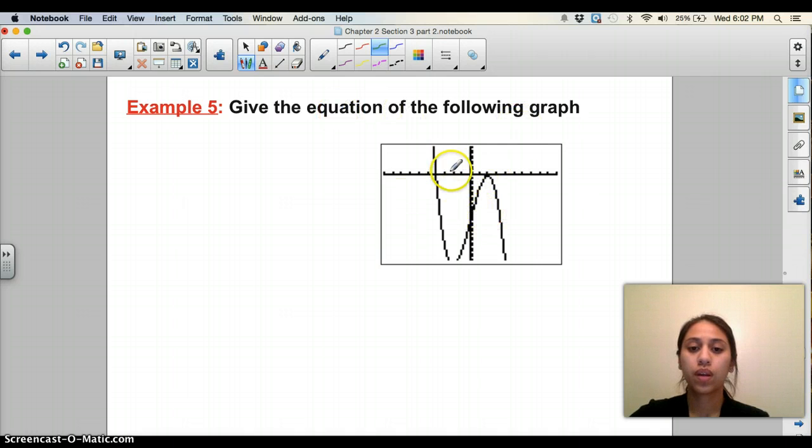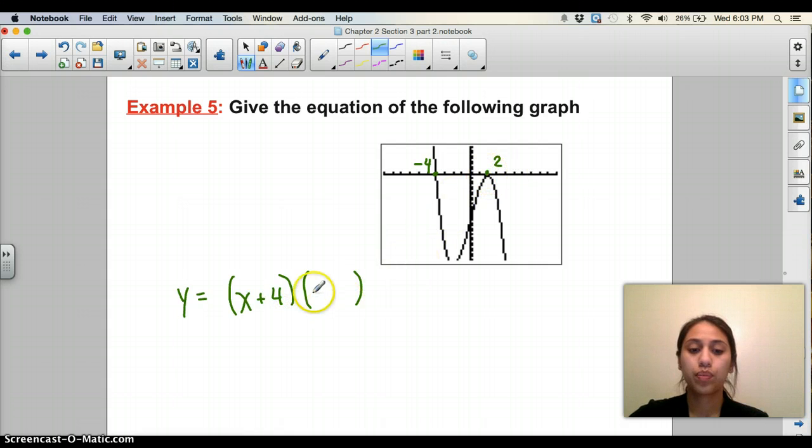Now the next example says give the equation of the following graph. So the same thing. Let's just go ahead and look at our intercepts. So 1, 2, 3, 4. It's a negative 4. We also have, what, 1, 2. X is equal to 2. So same thing. Y is equal to factored form. Let me try that again. Factored form, the opposite of our intercept, so plus 4,